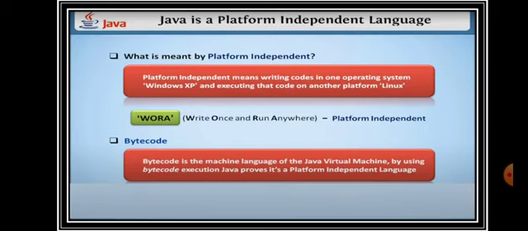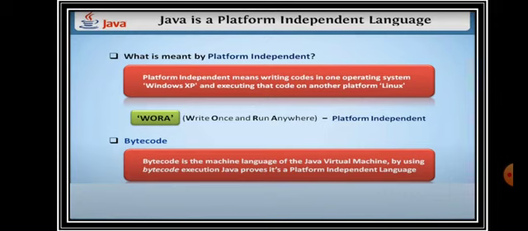Number 2, bytecode. Bytecode is very, very important in Java, children. Bytecode is the base in Java programming. So again, it is very, very simple. Bytecode is the machine language of the Java virtual machine, as you know, in the form of 0 and 1. In short, Java virtual machine is called JVM.